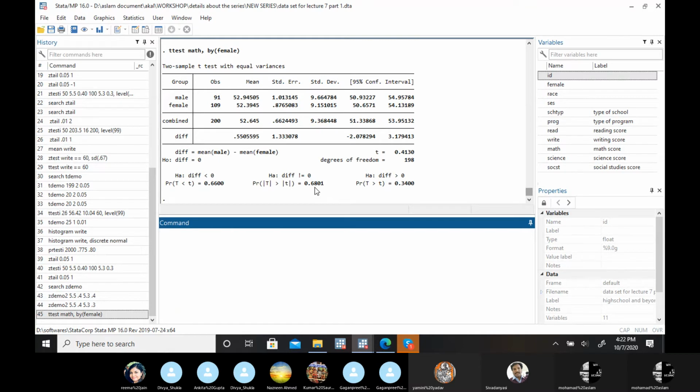It means, sorry, we have to accept the null hypothesis. So it means more or less their average score in math is the same. So our hypothesis is correct, different in the math score. So this is how you do an independent sample test, two samples independent test, comparisons of mean if you have a data set. You can do the same with the Z-test if your sample size is sufficiently large.